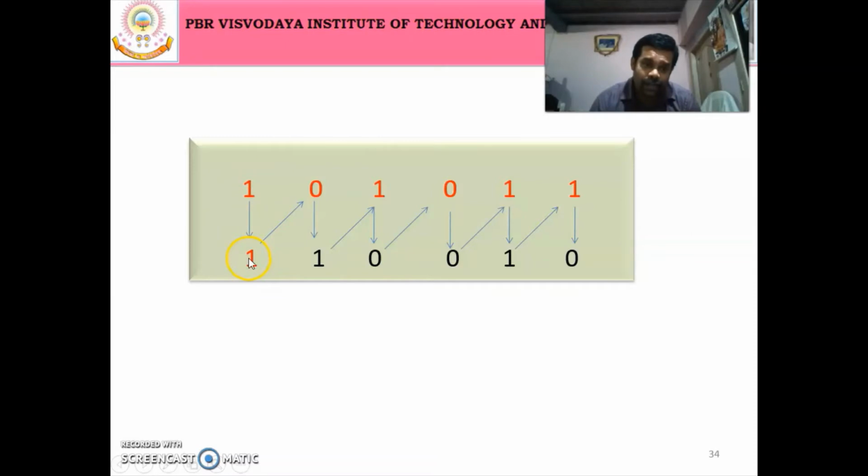Then we XOR this number with this number and write the result. Then we XOR this number with this number, and write the result. We repeat this for each remaining bit.